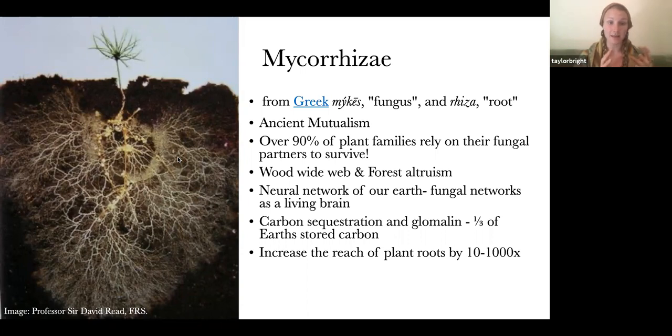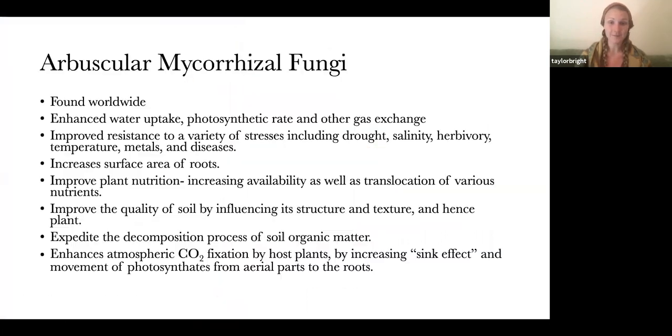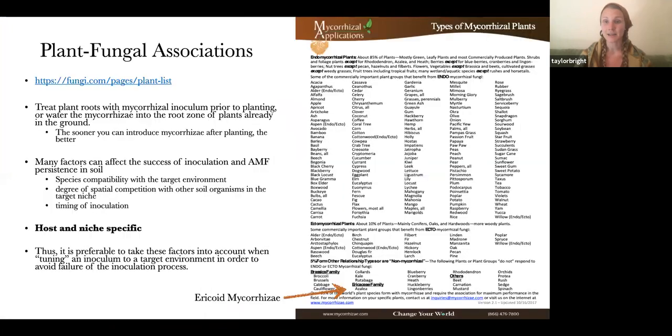This is how the very early photosynthesizing algae from the early oceans of the earth were able to come onto land, through a relationship and association with fungus. So this has been going on for a very, very long time, and it's absolutely essential for so many of our plants, including,